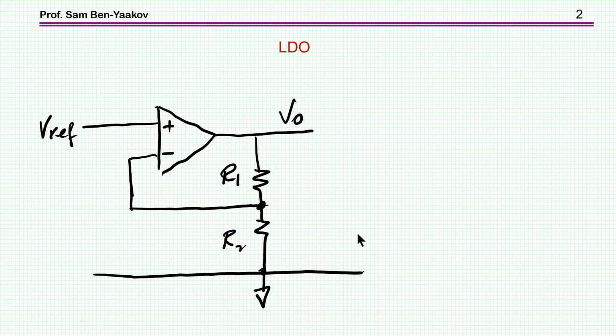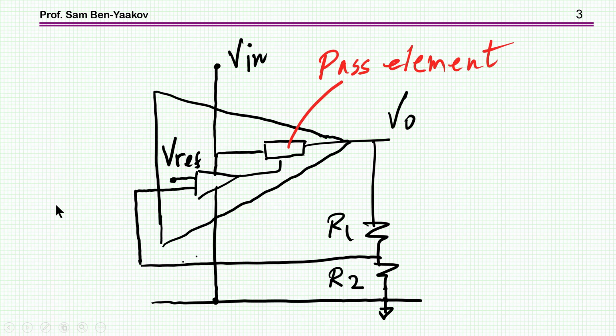What is an LDO? Basically, we're talking about an amplifier, a DC amplifier. It has an input, which is the V reference, and then the output. And there could be a divider here for feedback to adjust the output as a function of the input, which is the reference. The difference between an amplifier and an LDO is that usually the reference is inside, and then